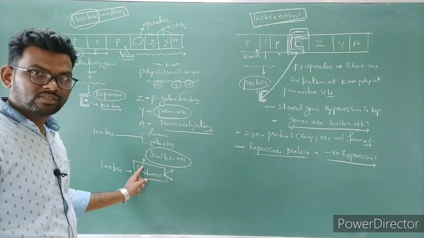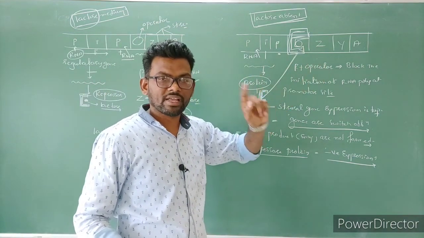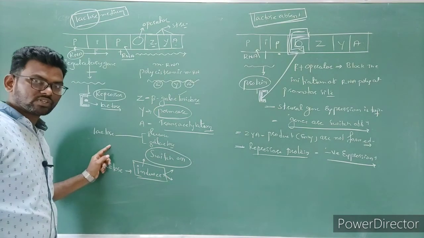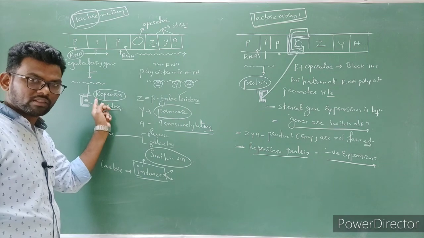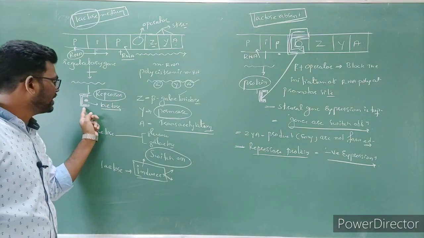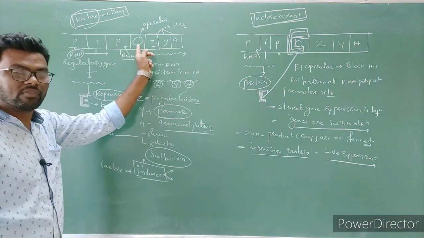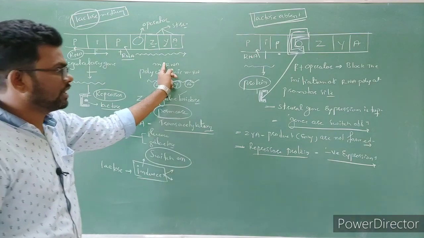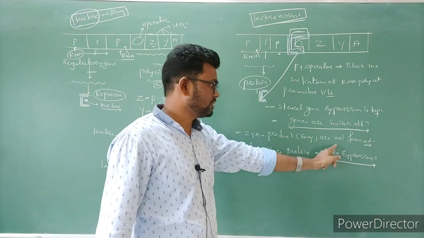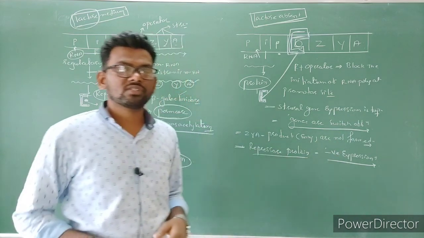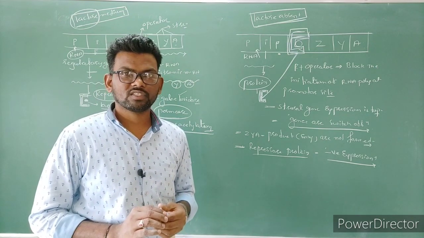In the absence of inducer, in the absence of lactose, the genes are switched off. And second, the regulatory gene product is nothing but a protein that acts as a repressor. When the repressor is bound with lactose and is not bound with the operator, only then the genes are going to open. Simple. If the repressor is bound with the operator, gene expression is stopped, that is, the genes are off. Okay, so this is the information regarding the lac operon system. Thank you all of you.